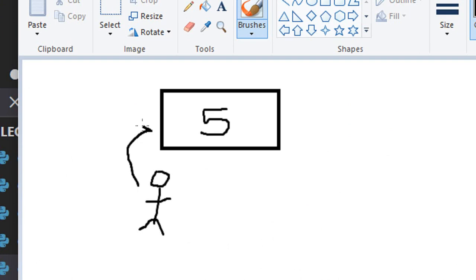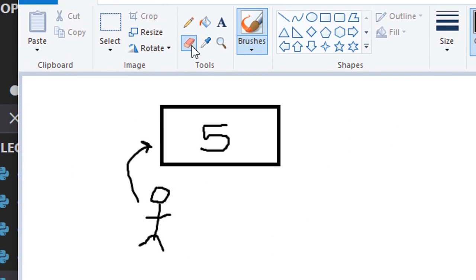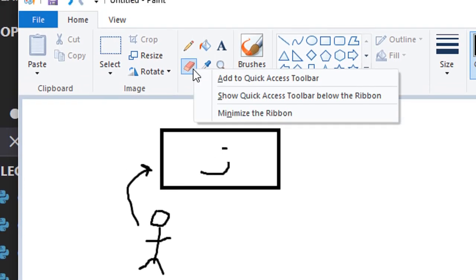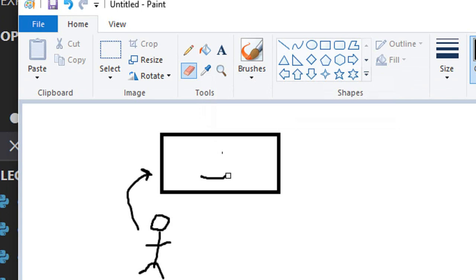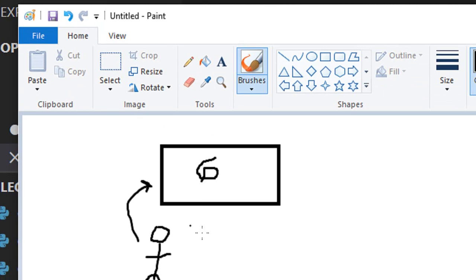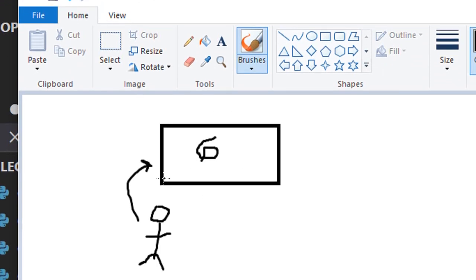So this guy comes here, goes here, erases 5, and then writes 6 here. Similarly, this guy can just see 6, then write 7, then see 7, then write it, and it can go up to, let's say, 100 if we want, right?